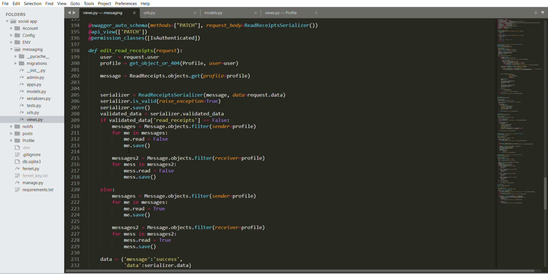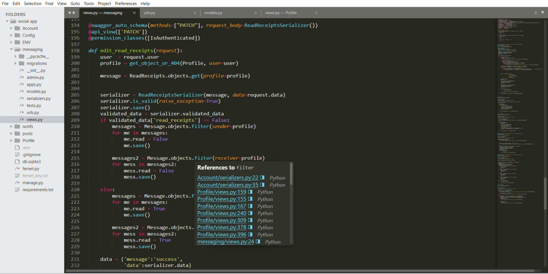Then we also go again to check all the messages that the user has received, because it is a two-way street. As long as the read receipt of one person in that chat is off, even if the read receipt of the other person is on, all the messages in that chat should be off, meaning their read attribute should be off. So even if user A's read receipt is on and user B's is off, and the chat is between both of them, all the messages in their chat should have their read attribute off.